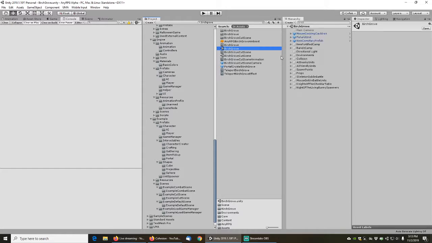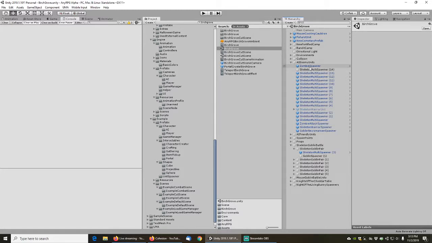So if we open up Birch Grove, I have my skeleton goblin battle over here and my skeleton goblin battle pairs. And then I've also got, let's see, AI enemy units. We have skeleton multi-spawners and the skeleton warrior spawner and this goblin necromancer spawner. So let's just go ahead and